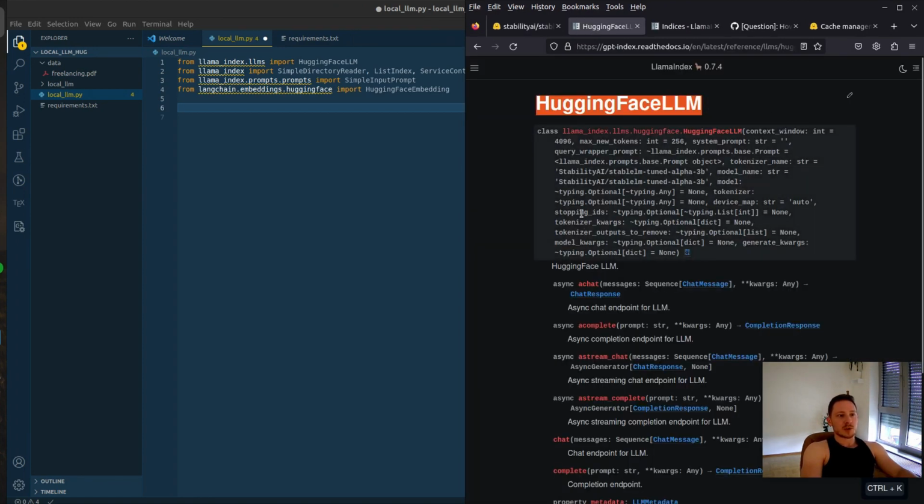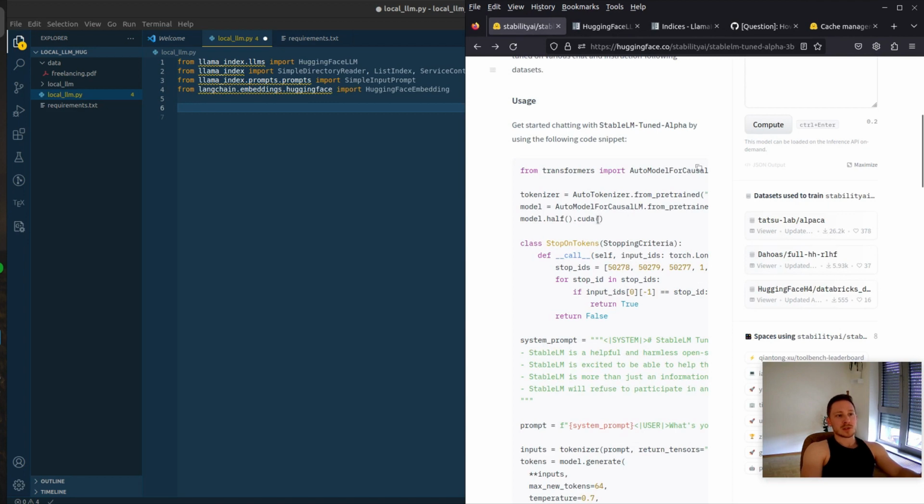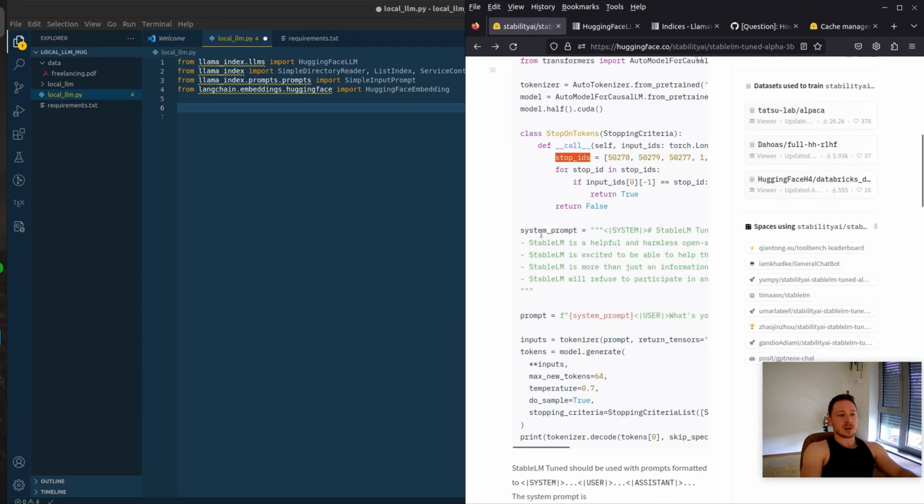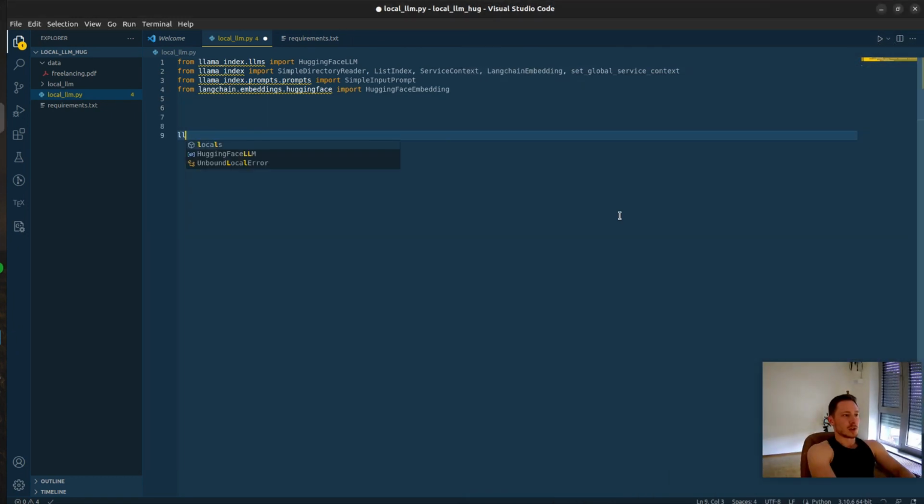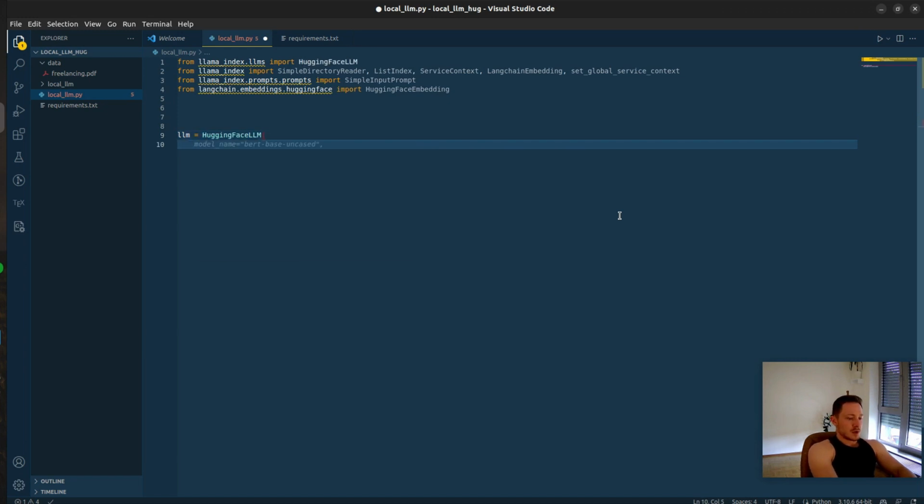Here are the parameters that are necessary: stop IDs, tokenizer, the model name, system prompt, and we can see here in the model card what we're actually going to need. So stop IDs, system prompt. Let's do this. So the large language model is going to be the HuggingFaceLLM. Context